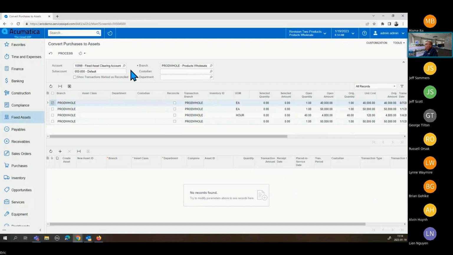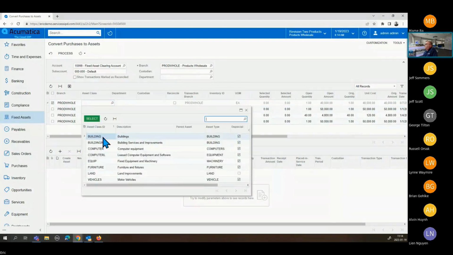of account like this, this account typically is a clearing account, so it means it's a temporary account. So when you book your AP, you book against that GL account, which is a fixed asset to be created. And then at the end of the month or when you want, you just tag the ones that you want to transform into a real fixed asset. And the thing that you have to be aware of is that you need to define the asset class that this thing is part of,